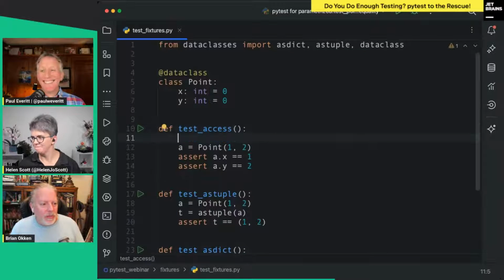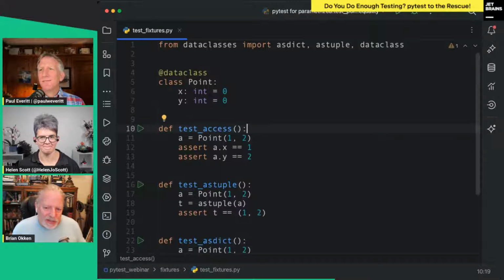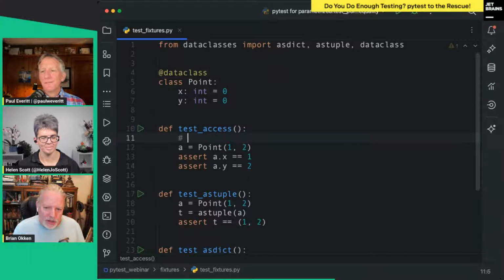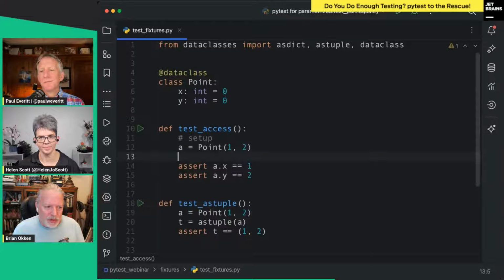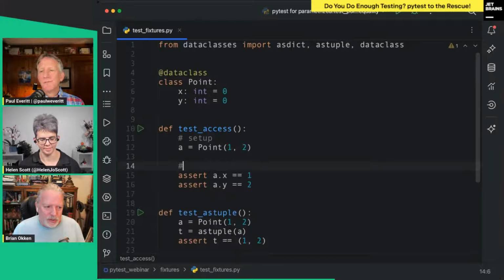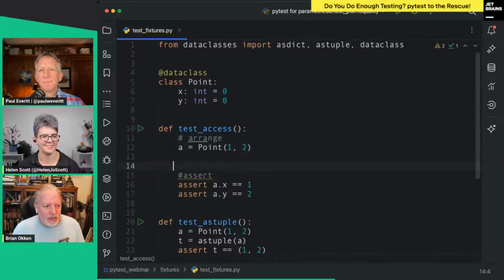So let's look at the test access, for instance. If we really thought about this, we've got a setup here, and then we've got the assert, but what we normally call this in testing is arrange, and then act.